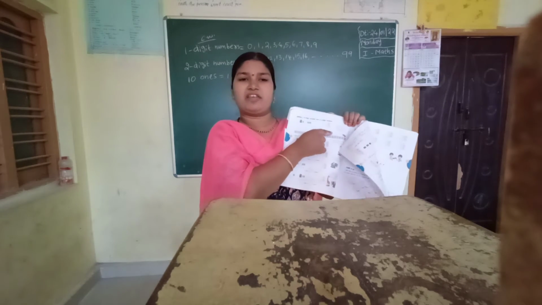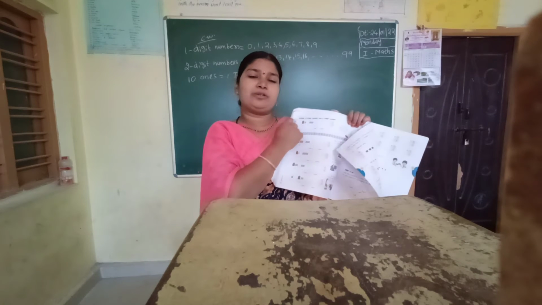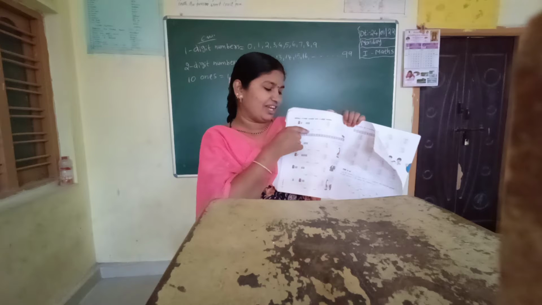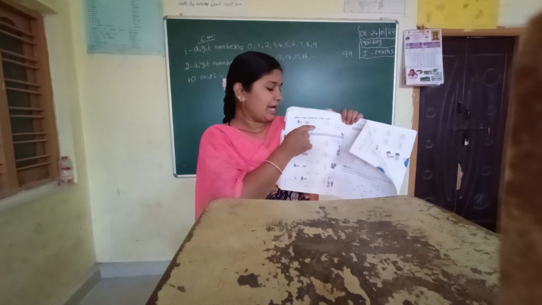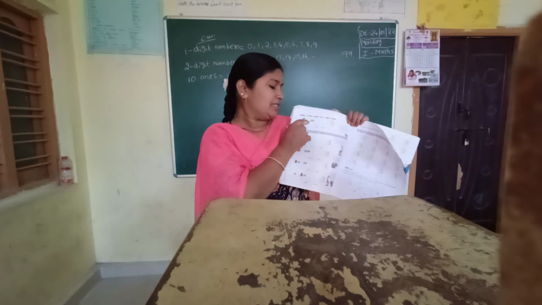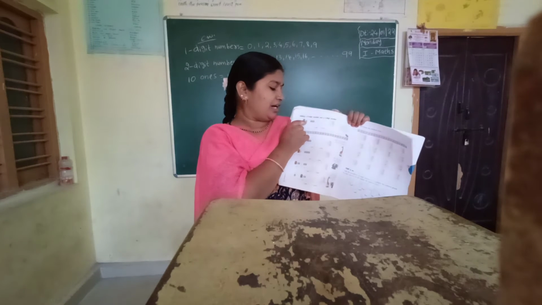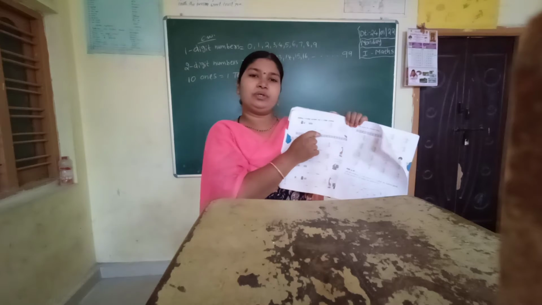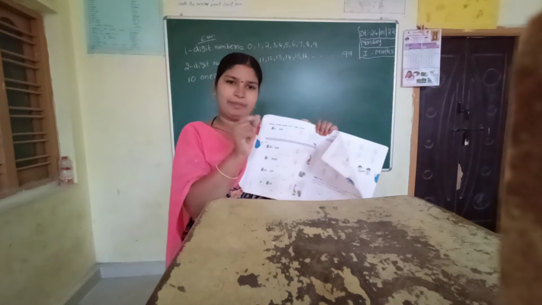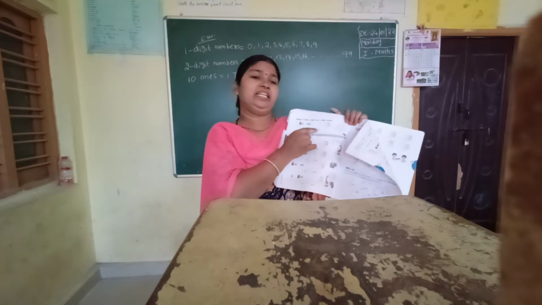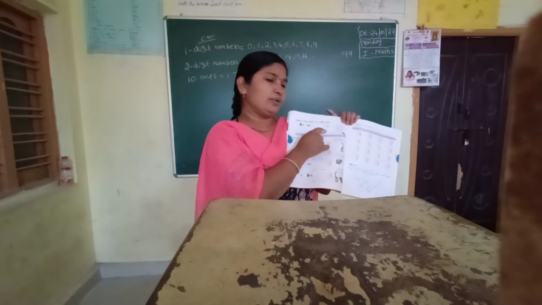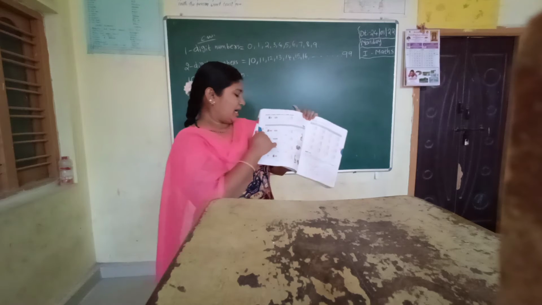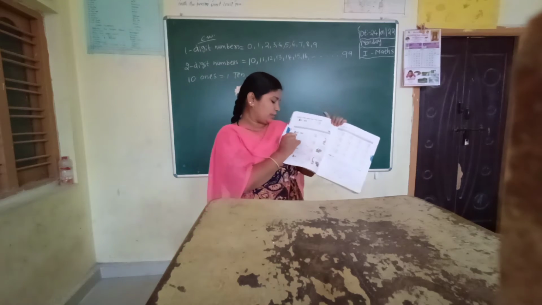1 ten plus 7 ones. 1 ten means one whole bundle is known as a 10. Just now I told you, in this way they have given 1 in the 10's place and 7 in the 1's place. See, how many single pencils are there? 1, 2, 3, 4, 5, 6, 7. Total 7 is in the ones place. So they have given 1 ten, 7 ones. Here also 1 and 7, 17. Now same like this you have to do the next problem.